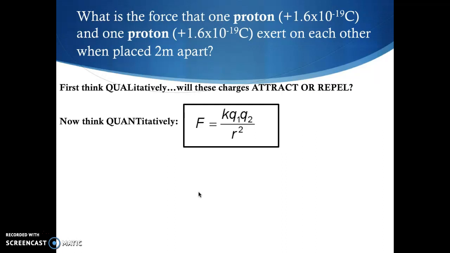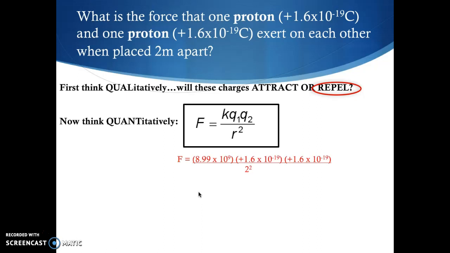Very similar to the previous problems. First, think qualitatively, will these charges attract or repel? And then solve quantitatively. Pause the video and give this a try. Thinking about a proton and a proton, these are like charges, so we expect that like charges would repel one another. Quantitatively, using Coulomb's law, we can start to plug in that the force is equal to K, our Coulomb's